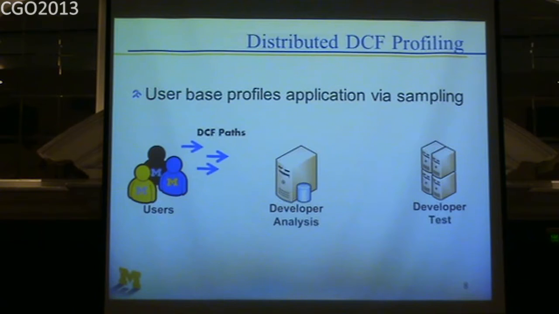Now, the developer will create a comprehensive image of the Dynamic Control Frontier for all users and identify the high confidence Dynamic Control Frontier paths with which to guide path-based testing,